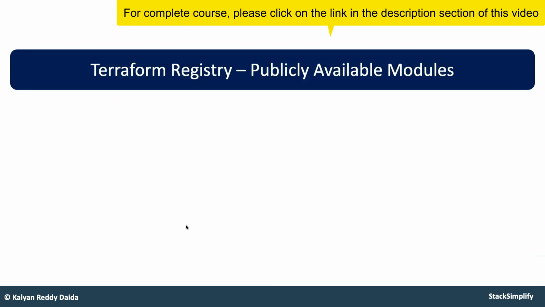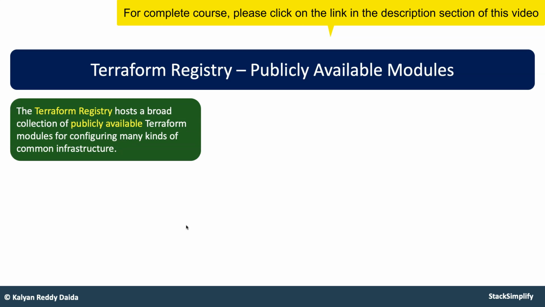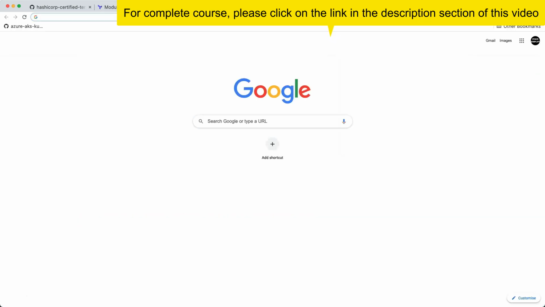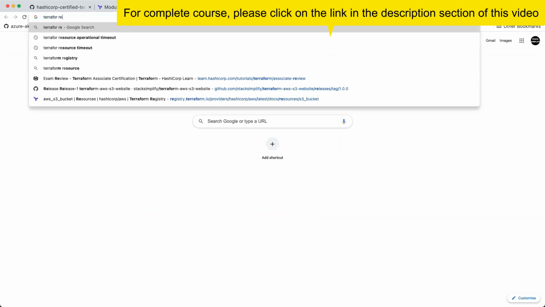Now, the Terraform registry also contains the publicly available modules. We know that the Terraform registry has the providers. Now we are also discussing that modules are contained in the Terraform registry. The Terraform registry hosts a broad collection of publicly available Terraform modules for configuring many kinds of common infrastructure. If you go to the browser and search for Terraform registry,